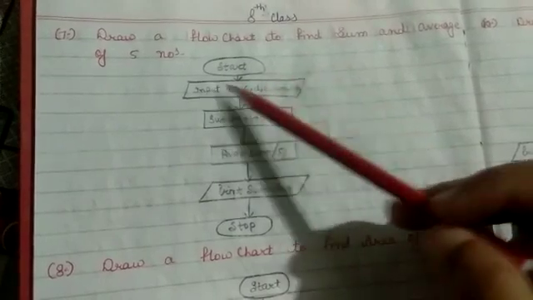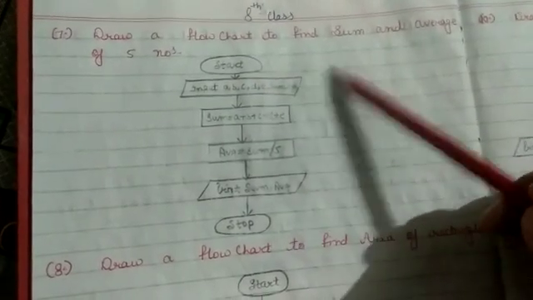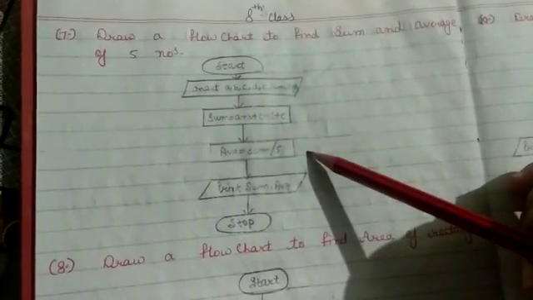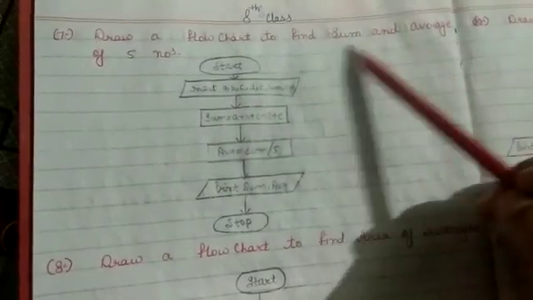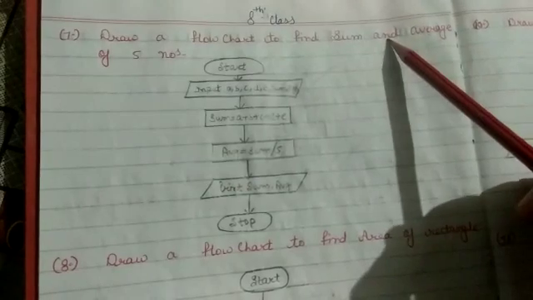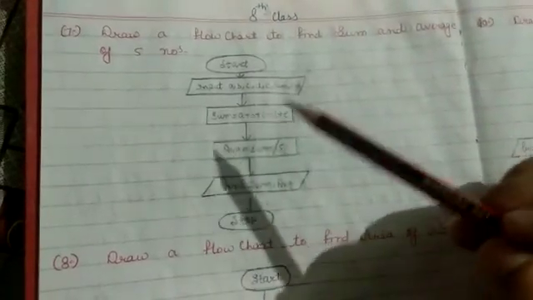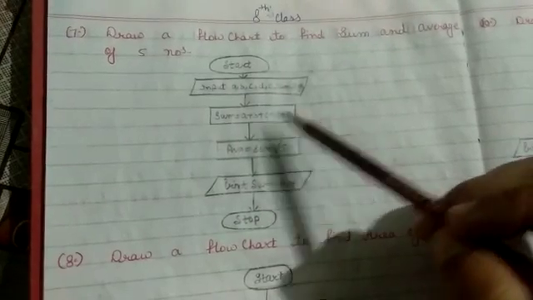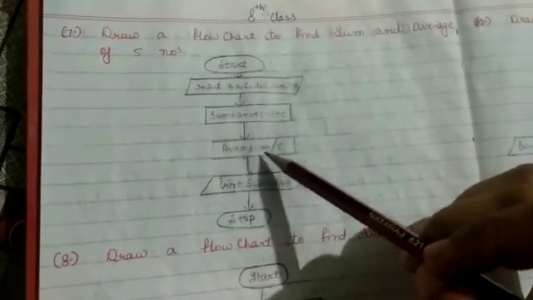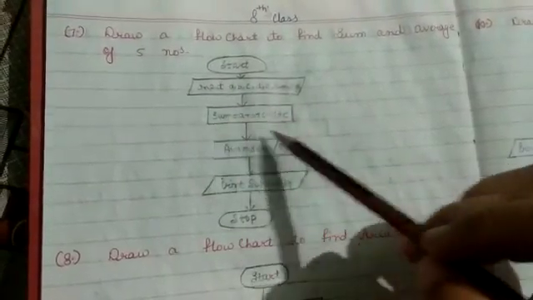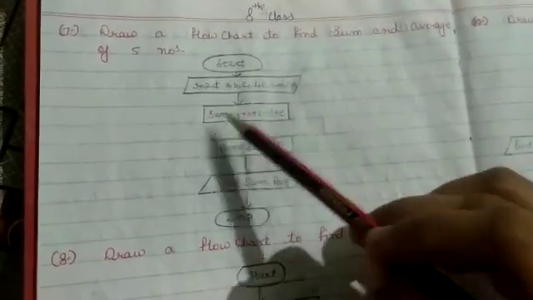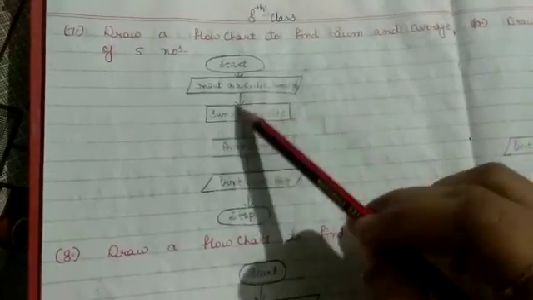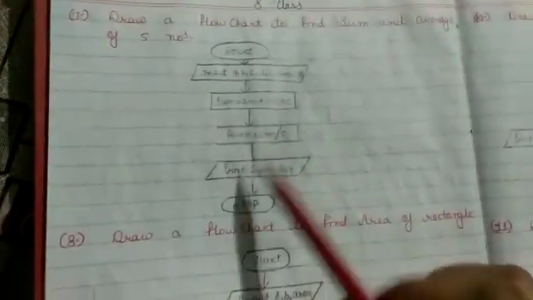Then inputs we will write in a parallelogram, the input output box. And now we have to take two process boxes. Why? Because we want to calculate the sum and the average also. We want to perform two operations. So sum in one process box and average in the second. Sum same as previous, and average is equal to the sum which you will calculate, divided by the number of terms, the total number of elements, 5. Clear? This is the average formula.